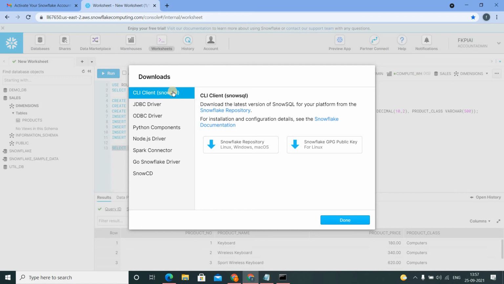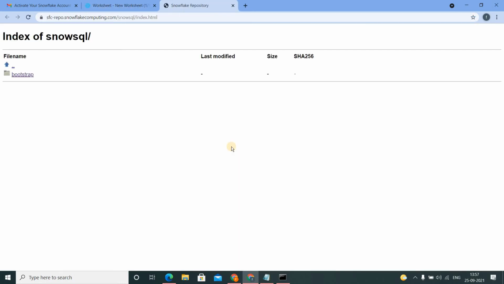Then we need to configure the path of this SnowSQL in our environment variables. Then we can use the command prompt to fire our queries. So let's see how to do that. So I'm going and downloading this SnowSQL component on my local machine.